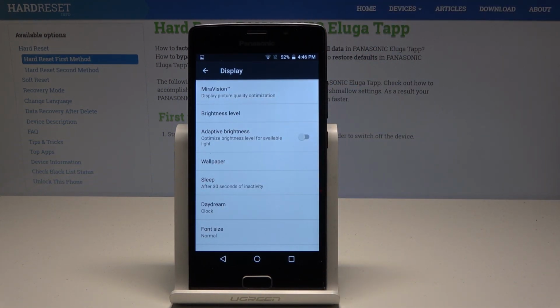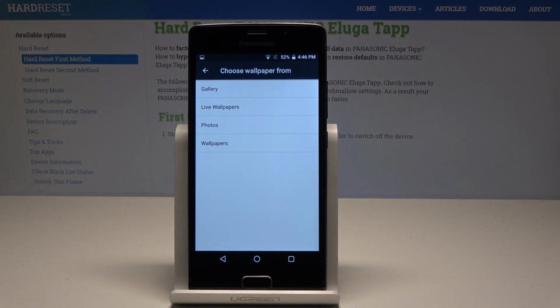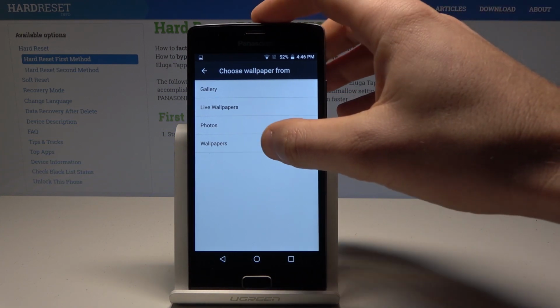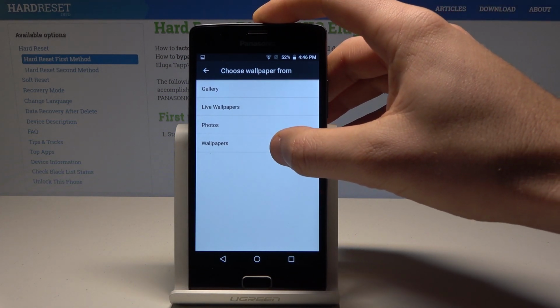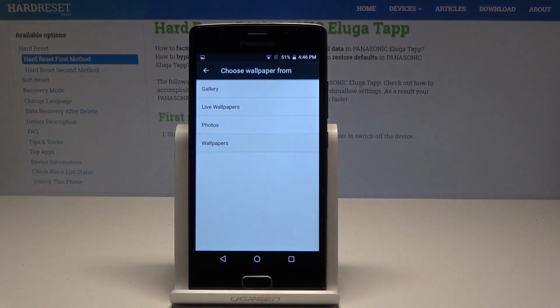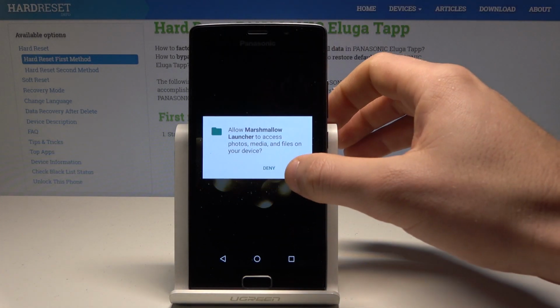As you can see on display, let's tap wallpaper, and here you can choose wallpaper from your gallery, from wallpaper gallery, from photos, or from live wallpaper. Let me use wallpaper gallery, the wallpaper from Panasonic, right here the last option, and here you've got some prepared